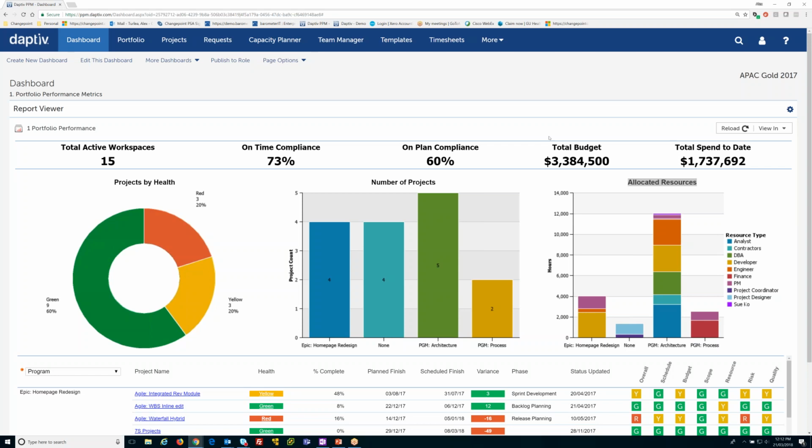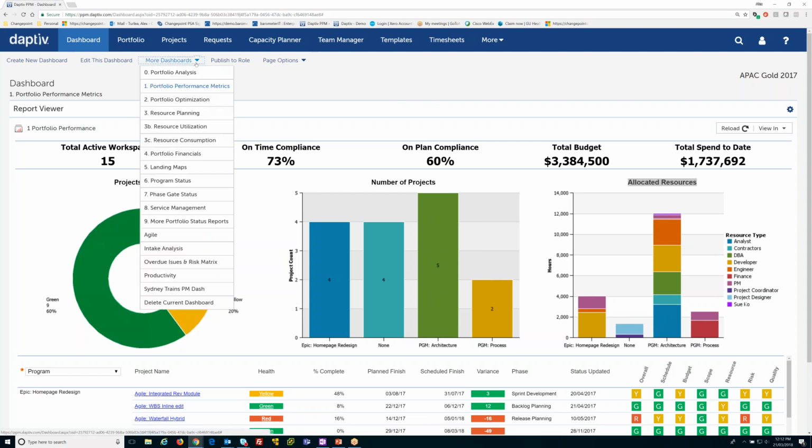Now, in terms of reporting and dashboard reports, Daptiv comes bundled with IBM Cognos, which is obviously a very capable enterprise class reporting suite. There's no need to purchase additional software. There's no need for any installations. It's already bundled into the solution. And that allows us to really do a lot of great things with reporting. Not only report on data that sits natively in Daptiv, but also report on information that we may be integrated